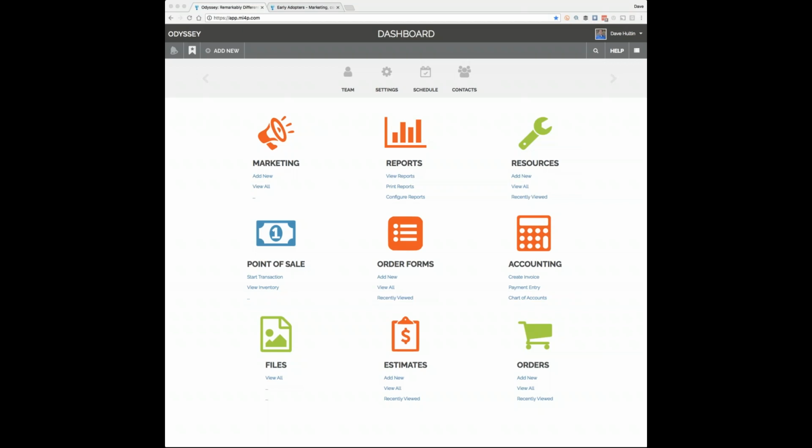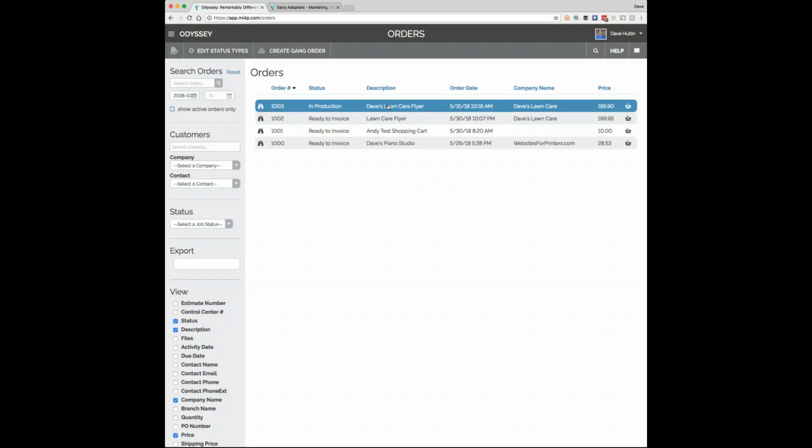So just as Dave mentioned, you've now seen Design Edit funnel into an order form. What happens with that order form? Well, like any good website system, you and the person that placed the order are going to get an email notification, but it's more than that. We're going to go ahead and take a look at Odyssey. Now I'm playing the role of someone on your team, and I'm going to go ahead and look at that order. And there is that order.